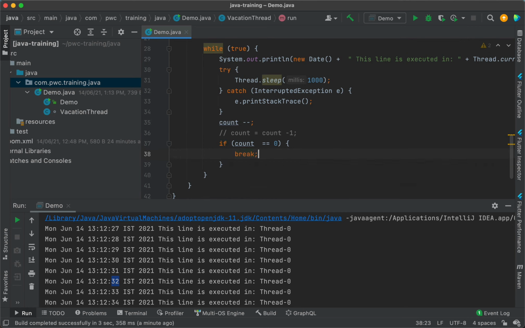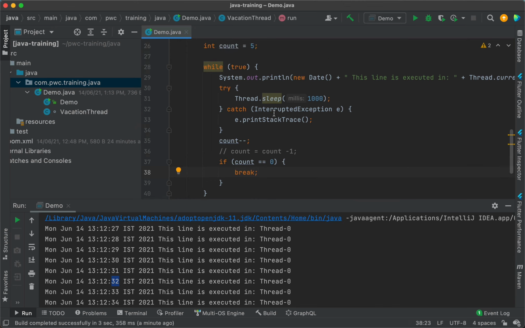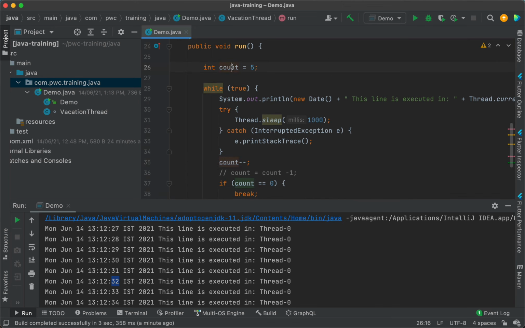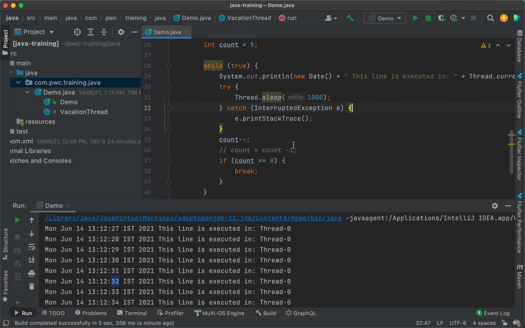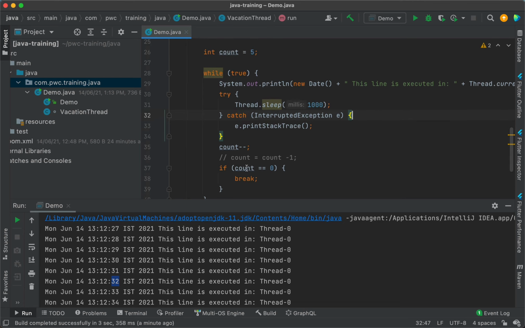Of course there are better ways of writing while loops. There was no need to do the circus of first defining the variable and then decrementing it out here. I could have used a for loop also. That's besides the point, and that's not what we are discussing. The main focus here is that it will execute just simply 5 times.